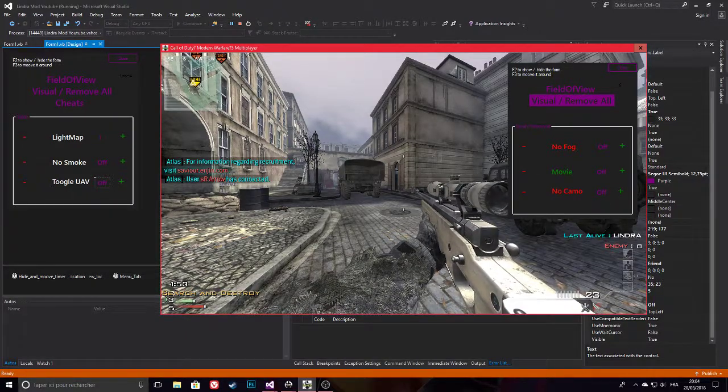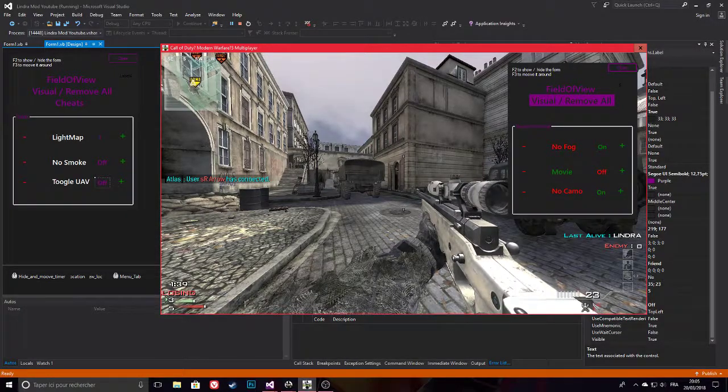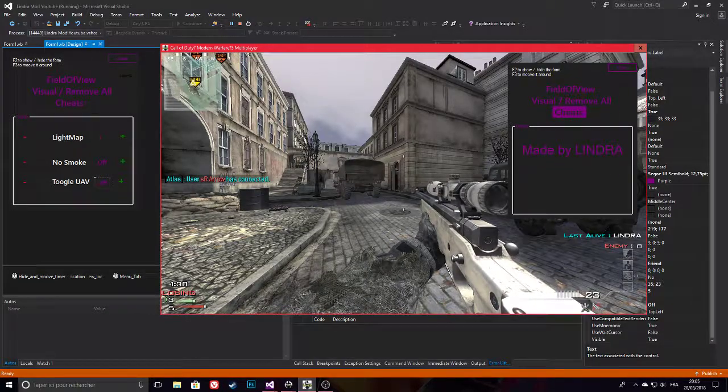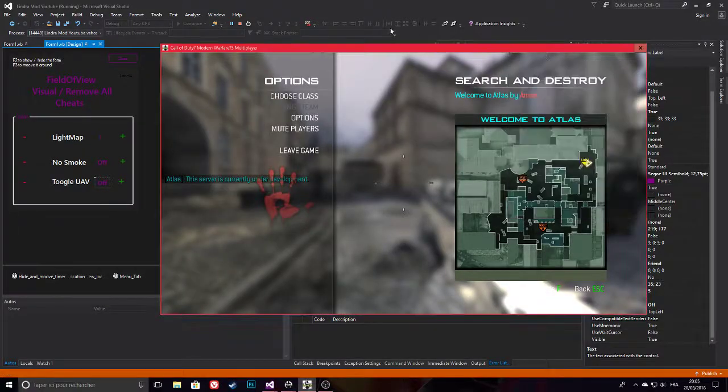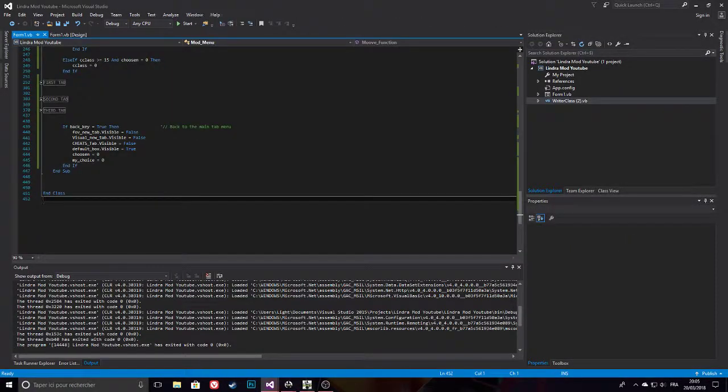So press F4, go on fog. Let me go on fog. On, off, okay. Everything works. Movie on, off, everything works. Camo on, off. For the cheat tab, my cheat tab doesn't appear. It's not visible. Why? So we need to fix it, and when it will be fixed,